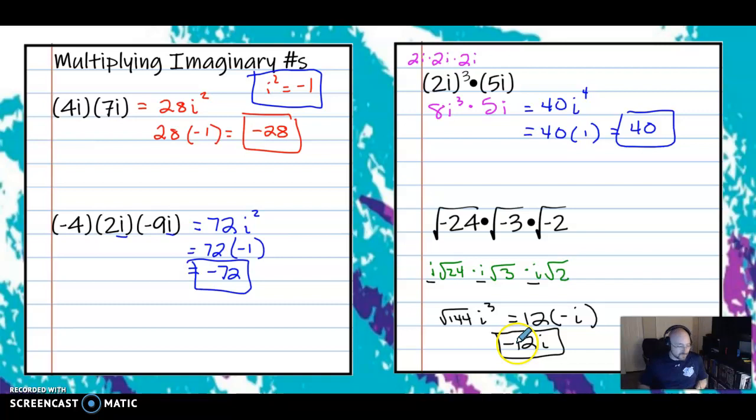Okay, so just a reminder, if you run into i squared or i to the fourth, you know you can turn those into -1 and +1 respectively. And then if there are any i's